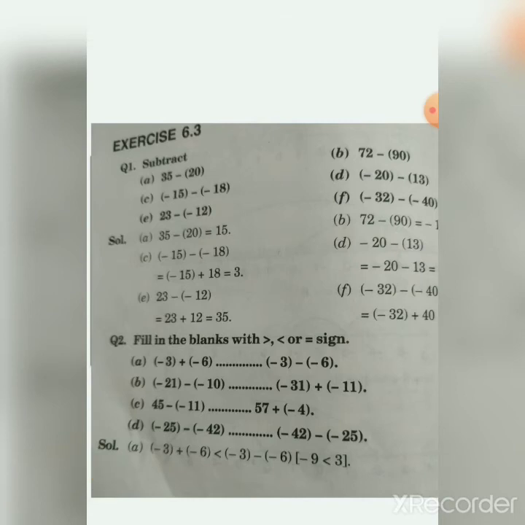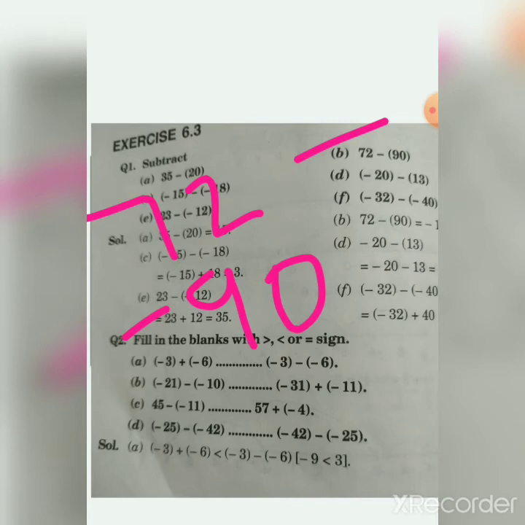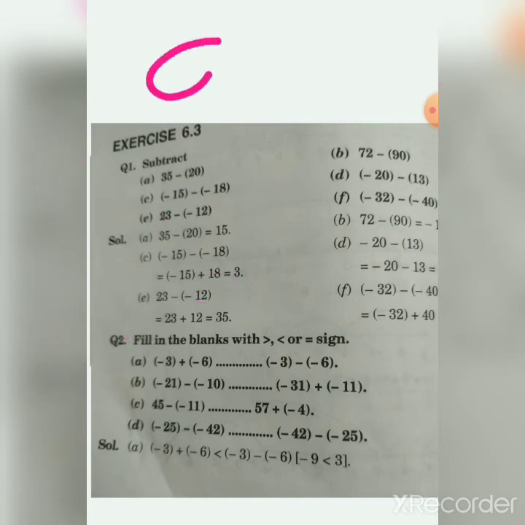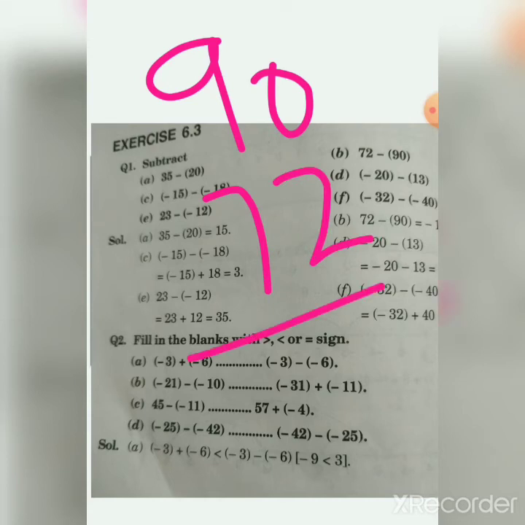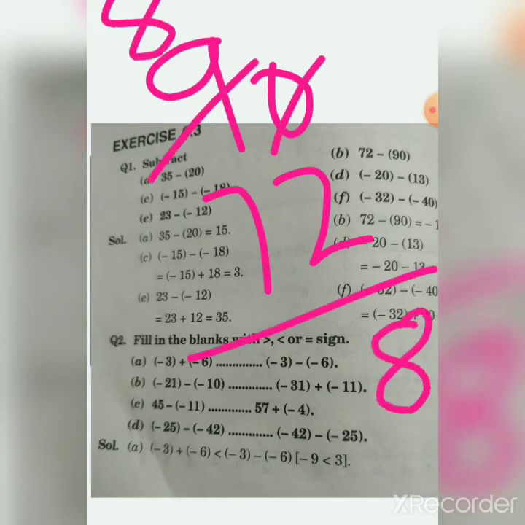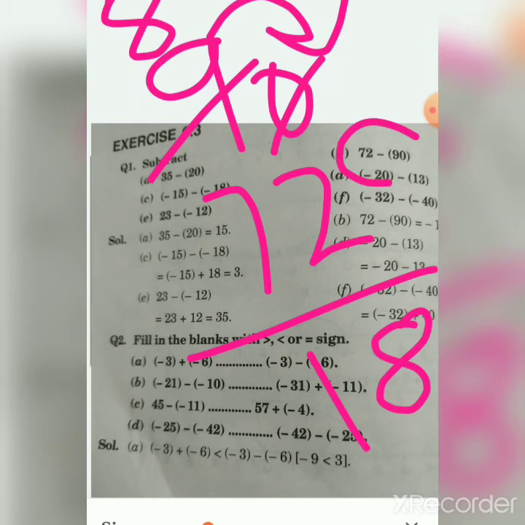Now the B part, we have 72 minus 90. It cannot subtract 90, so 90 can subtract 72. It will be 0 minus 2 is 8, and it will remain 8. 1 is given to him. So 8 minus 7 is 1. And which sign is 90 having in the question? It is having a negative sign here. So the answer will also be negative because 90 is the greatest number here.